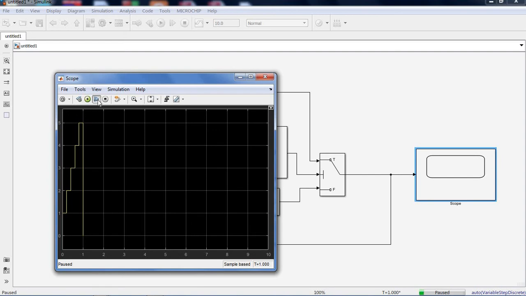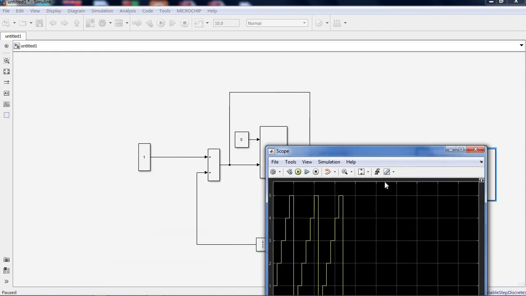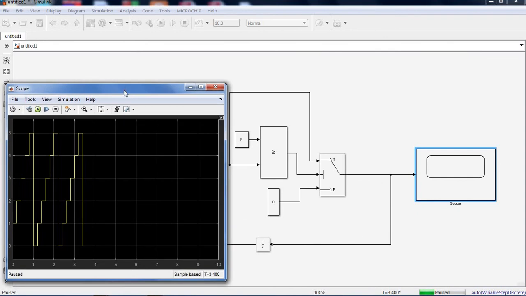Then again it will increment 1 2 3 4 5. Now it has reached 5, then again it will go to 0. See again 1 2 3 4 5, again it will reach 0. So in this way you can put a limit on your counter.